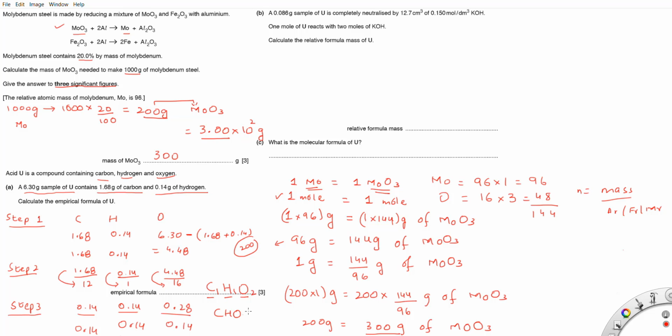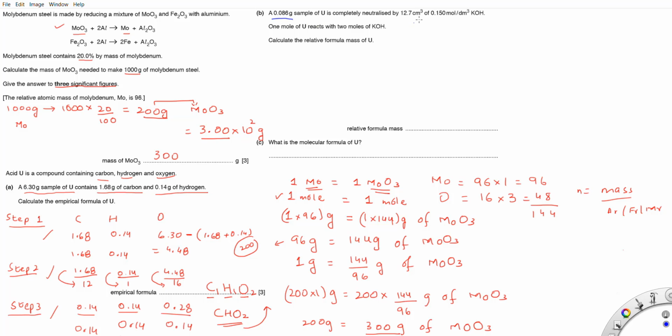This represents the empirical formula of my given compound. So by using the knowledge explained here, you can always calculate the empirical formula or molecular formula of any compound. This is the easiest technique to remember these steps, and you can get your answer relatively easily. Okay, so now moving towards the other part, it says a 0.086 grams sample of U is completely neutralized